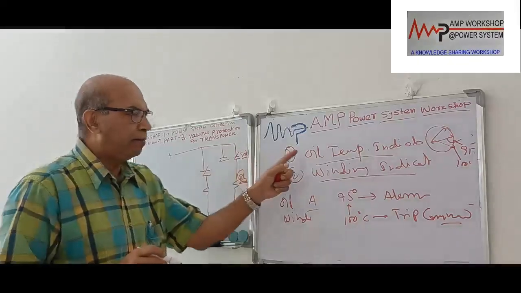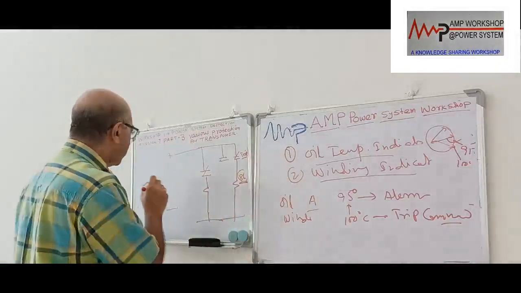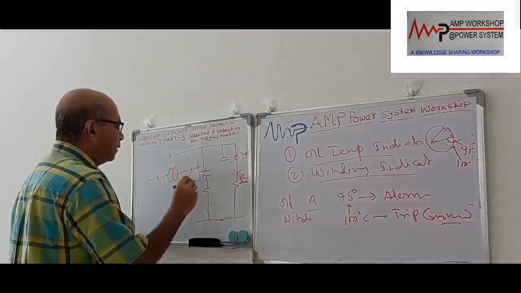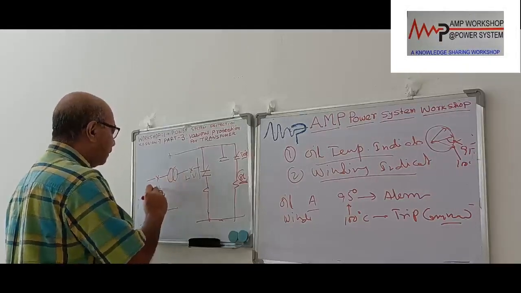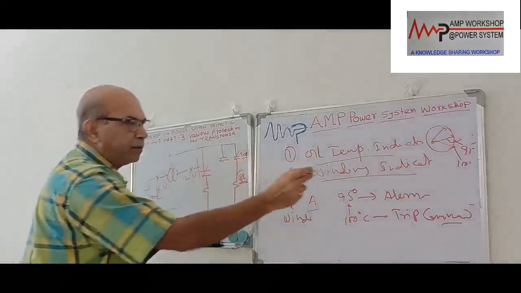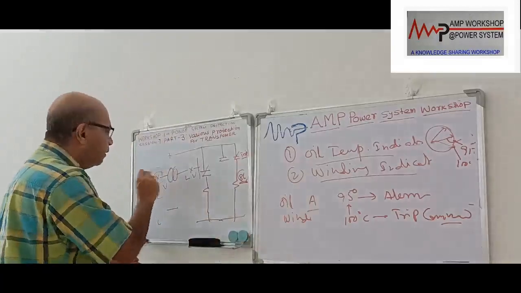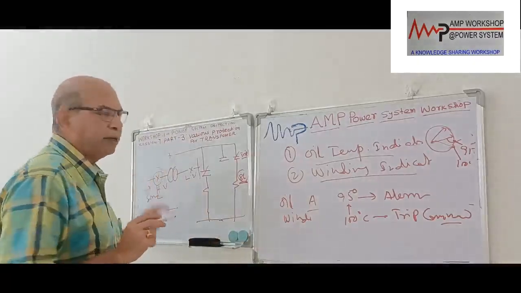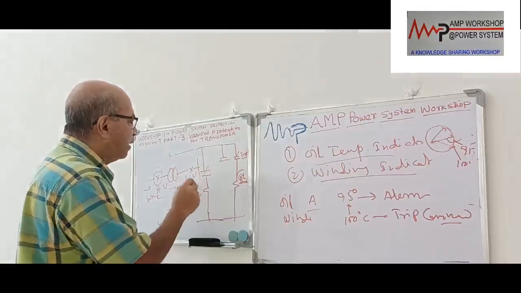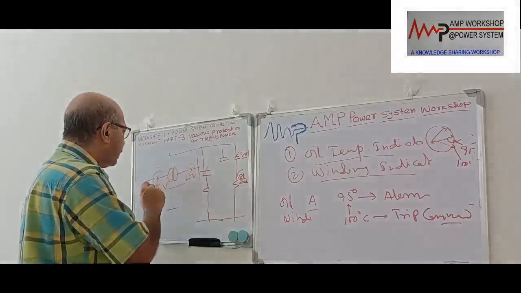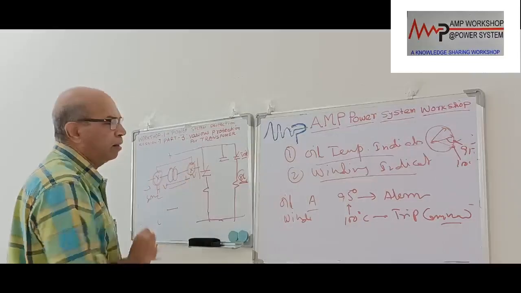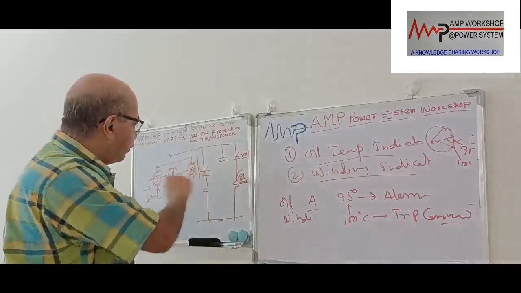When the oil temperature indicator goes off, the transformer has two sides. We have seen this is a transformer and this is the LV side. Suppose this is LV and this is HV. This is the source side from where the power supply is coming. So normally when this oil temperature goes to the trip level, immediately the HV side breaker will be tripped. That is the practice we always follow, because immediately the power source will go off, and depending on the connection, we may require the downstream breaker also. When the high voltage breaker is tripped, there is an inter trip between these two. Immediately the low voltage breaker will trip and the transformer will be isolated.